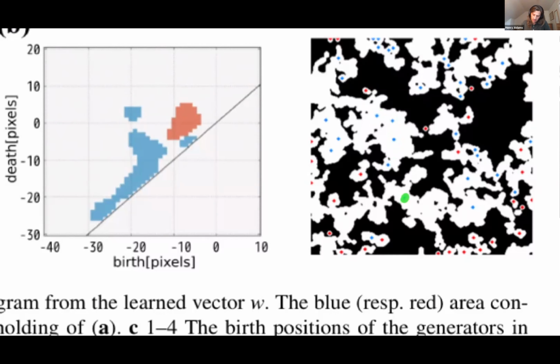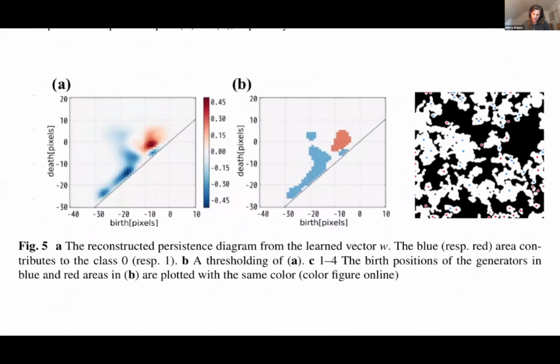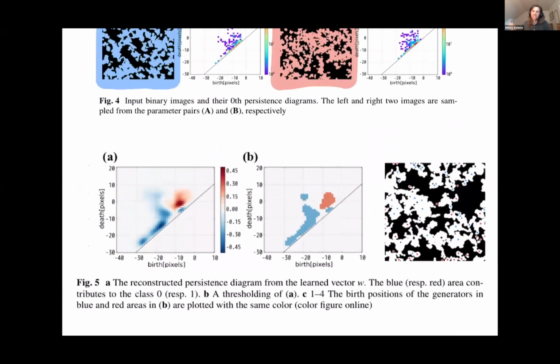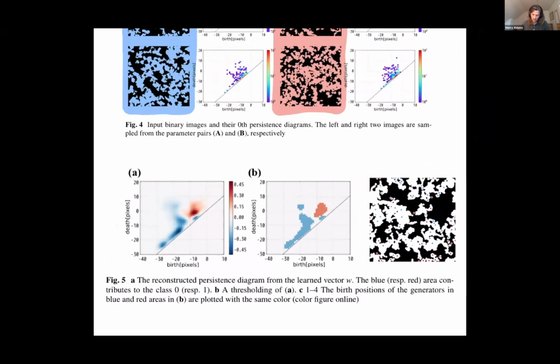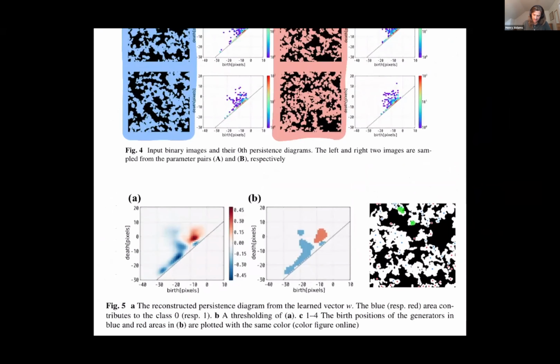So you get an explanation on the material. What is the geometry that led me to predict this was coming from either the red class or the blue class? This particular sample is from the blue material class. It has more blue local geometry holes than it does red.